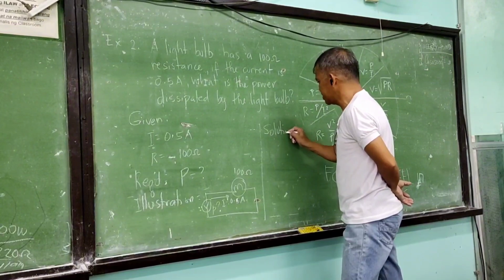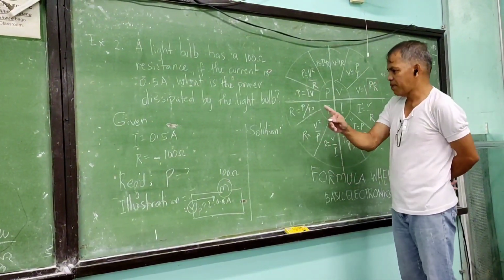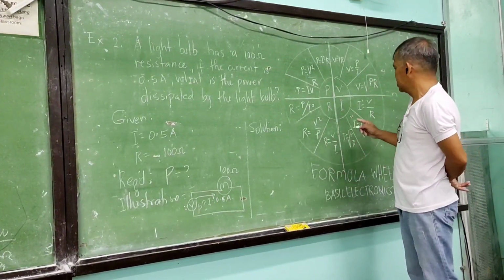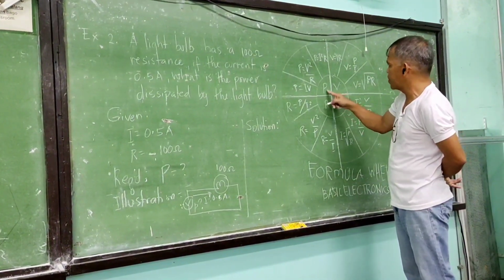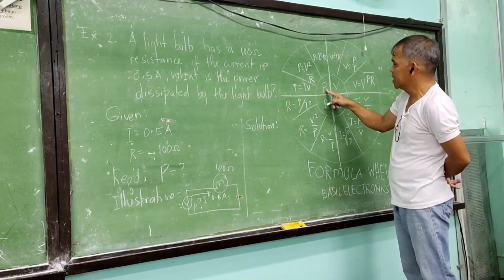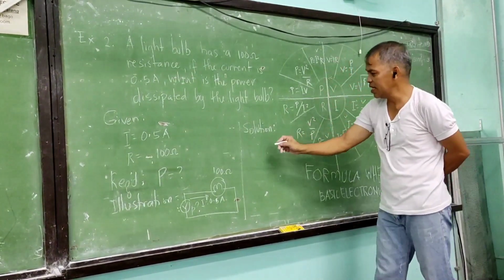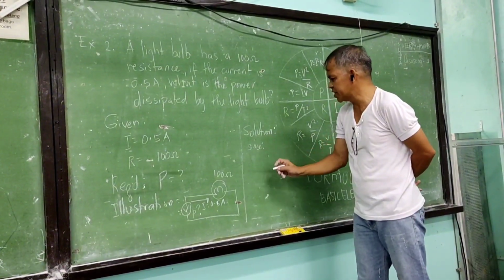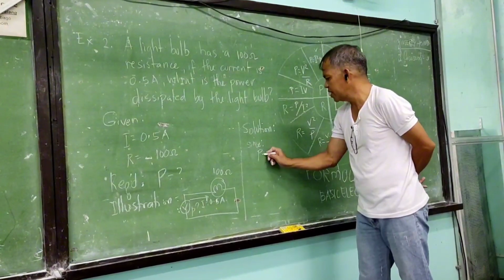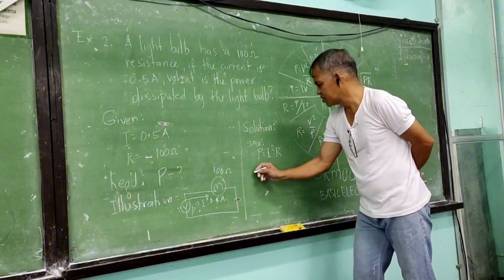What formula will we use? Power, current, and resistance. You are to solve for the power. Given are the current and the resistance. This one. Okay? Try to use the words since and therefore. Since power is equivalent to I squared R, so then therefore,